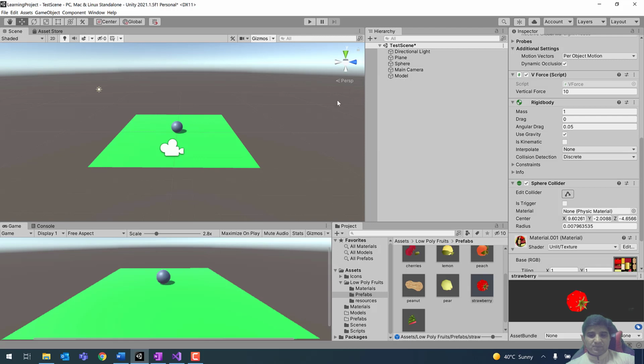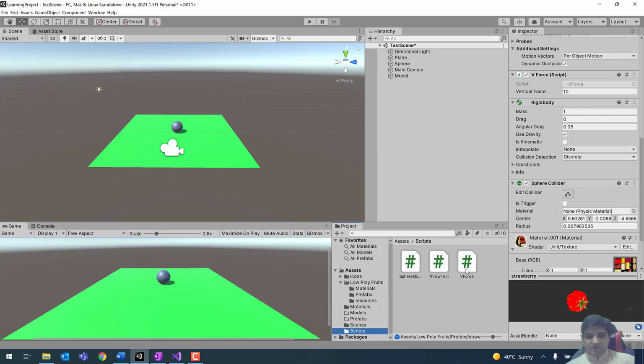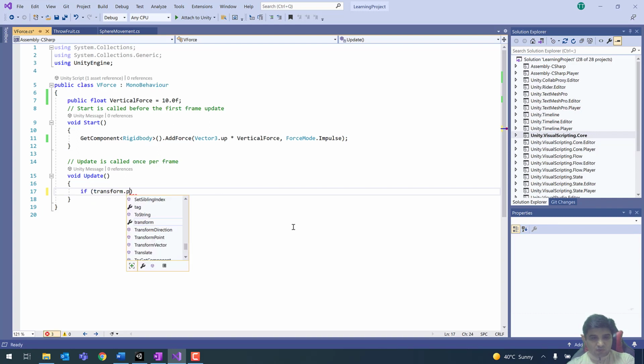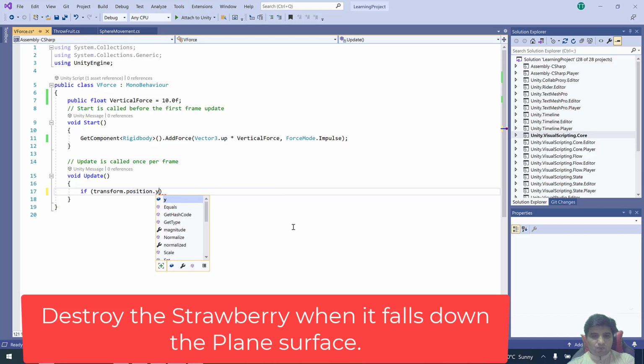Stop the game, open this script, the vforce script. Now in the update function, we will write the code and build the logic. The logic will be that after some time, once the strawberry prefab touches the plane surface, it should be destroyed automatically. So what we can do is simply write here: if transform.position.y, over the y-axis, is less than -1.0f,